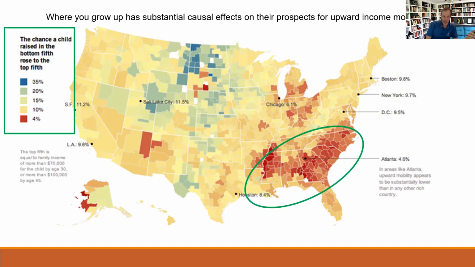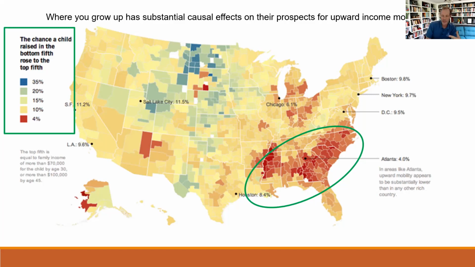So this big swath of red here, so people who were born in the bottom 20%, can they get to the top 20%? And it's all mostly concentrated in one area of the country. So it's the South, right? And so through South Carolina, Georgia, North Carolina, Mississippi, Alabama, and then over into Arkansas a little bit. So we sort of have this pocket of the country, and then also a little bit in the industrial middle America there. But the worst, the place where it's hardest to make your way from the bottom 20% to the top 20% is through the deep South.